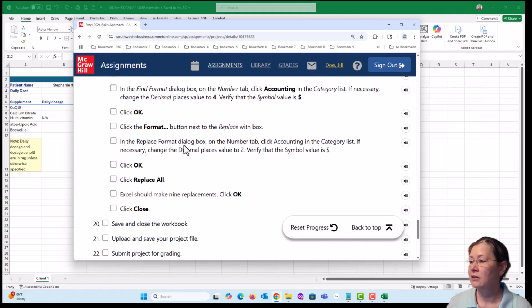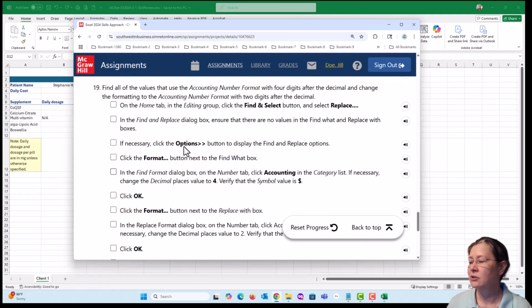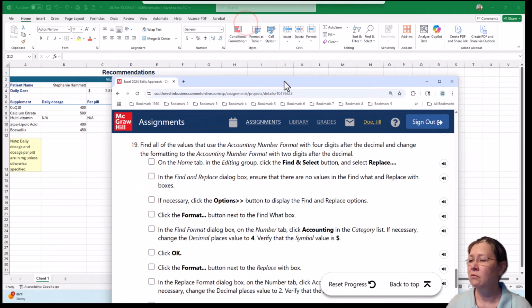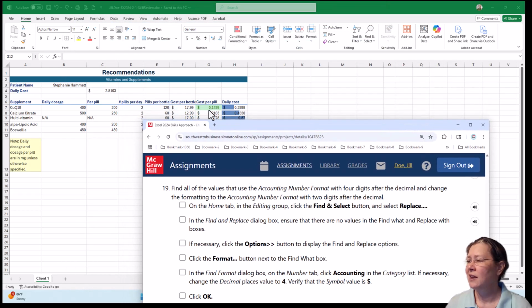Now this one looks a little bit longer, but that's okay. We just do these steps one at a time. So I won't read through all these, but let's just get the gist of what we're going to do. It says find all the values that use the accounting number format. Well, that's probably a lot of the values. And they have 4 digits. Look, that looks weird, doesn't it? Cost per pill. For 15 cents, that's a lot of decimals, and we can't pay